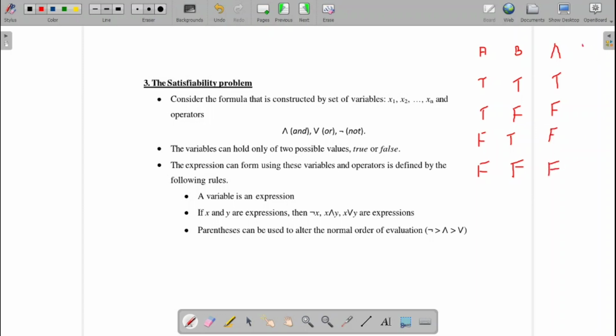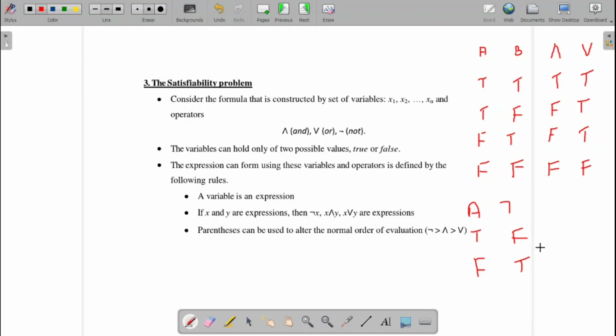If I have the OR operation, true and true, true and false, false and true, false and false. The negation is nothing but your NOT operation. I will take only A. If it is true, then its negation, the NOT operation, is false. If I have false, then its NOT operation is true.